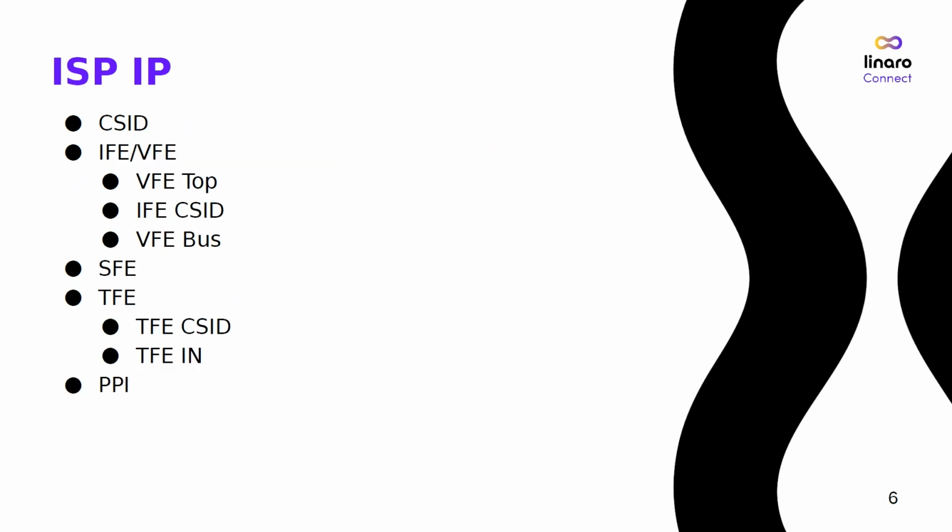So let's take a look at this. We have VFE here consisting of top parts, CSID and VFE bus. SFE is the sensor front end. Those are the CSID decoders. From the decoder, data comes to the front ends. This is the image or video front end, then the sensor front end, then the thin front end. Those two are missing, but we have to add this to the device tree, since